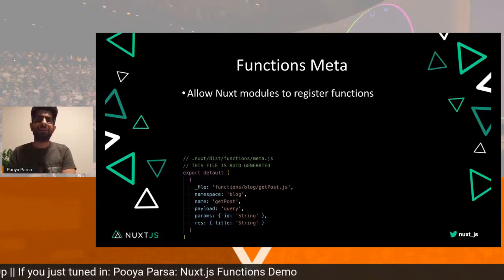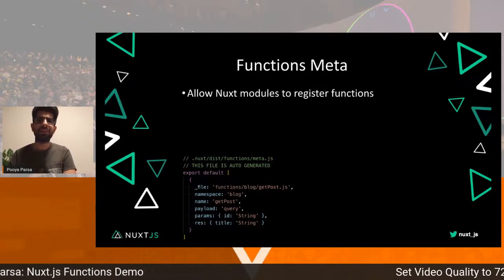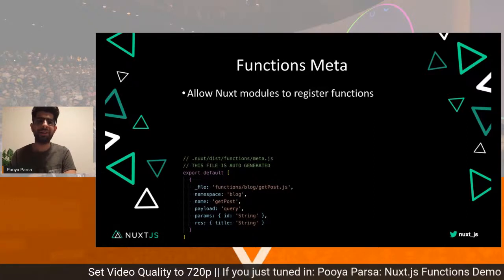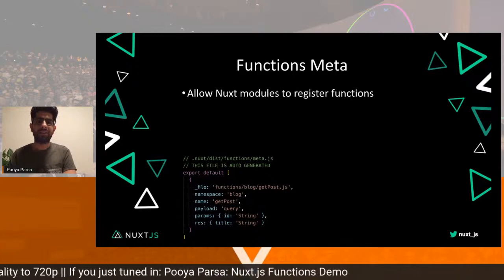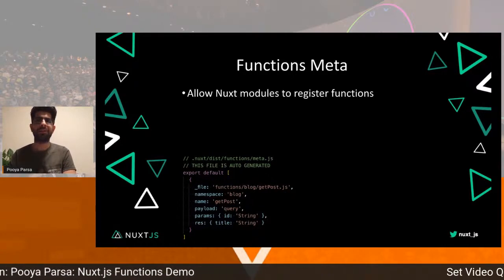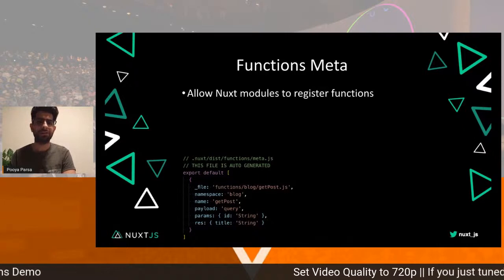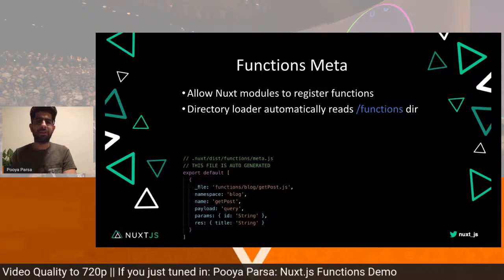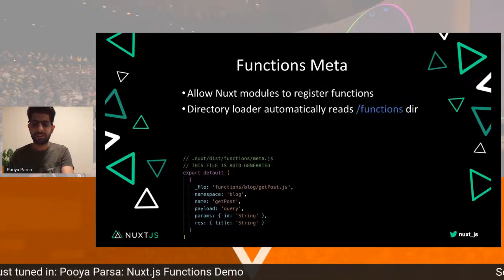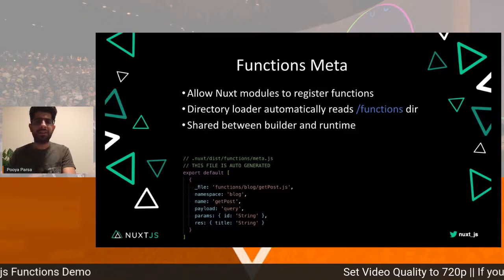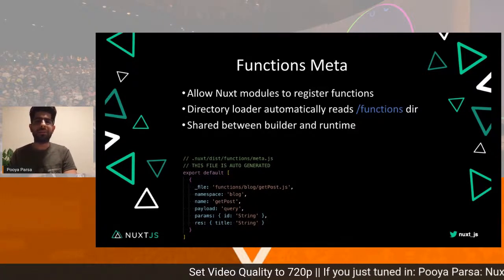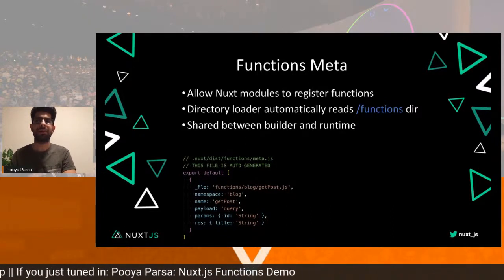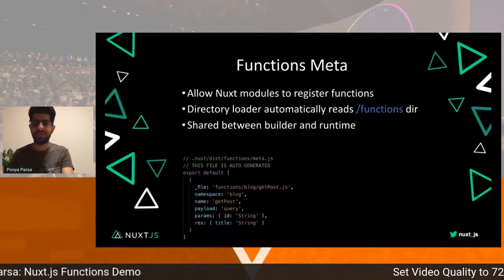As I was mentioning, everything in this functions feature that we are going to add is based on meta. This meta allows lots more possibilities than just having a functions directory. It allows modules to register functions. By default, there's a directory loader that loads all of the functions from the functions directory. This meta is shared between the builder and runtime because both of them require it. The builder needs it to package the functions bundle, the JavaScript bundle, and the runtime needs it because